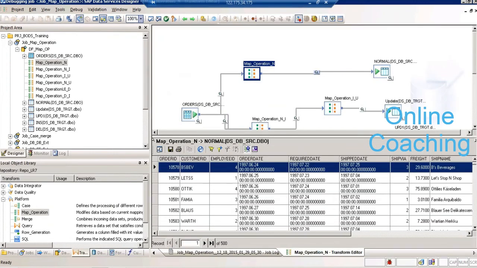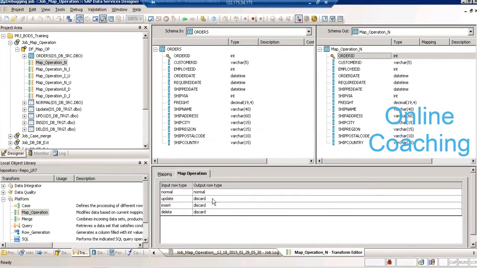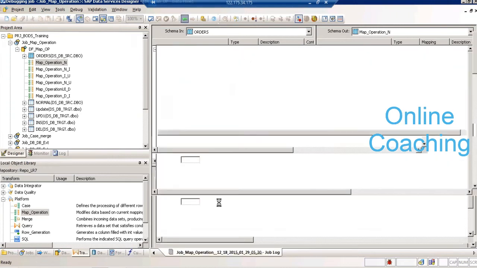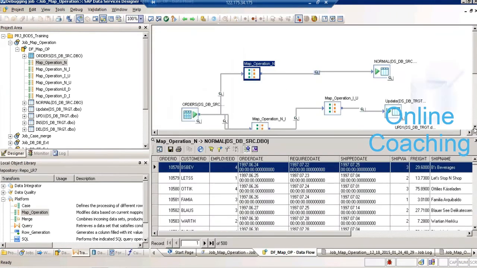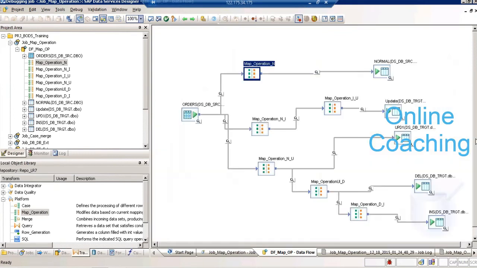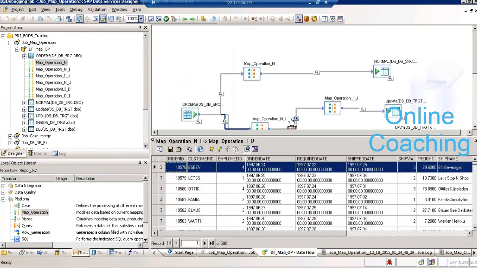One thing you need to remember is that when you are in debug mode, you cannot make any changes here. Everything is locked. You can just go forward or come backwards on the screen, but you cannot make any changes to the transformation. Now this one, the one in the magnifying glass, is obviously a normal set, but here we are trying to convert normal to insert. Now you click on this magnifying glass, you see an I opcode on the data set which says that this is tagged with an insert opcode,